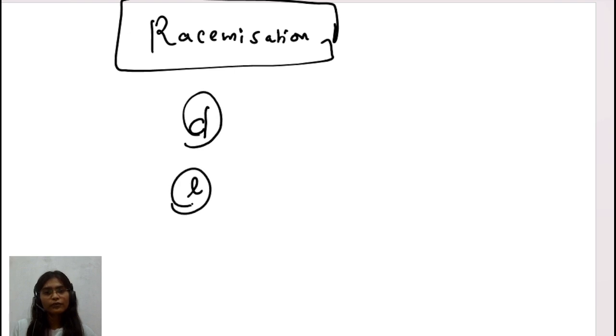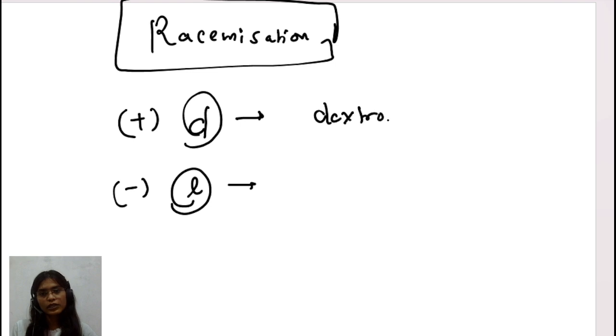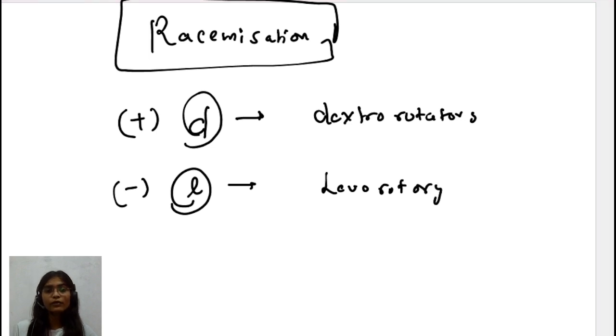Remember, a plane polarized light rotated in the clockwise direction is plus, and if anti-clockwise, minus. Levo-rotatory and dextro-rotatory: this is dextro-rotatory and this is going to be the levo-rotatory. These things we already covered in coordination compounds when we were discussing isomers and all these things. I hope you remember: plane polarized light passing anti-clockwise, clockwise, plus R, minus R. So we already covered these things.